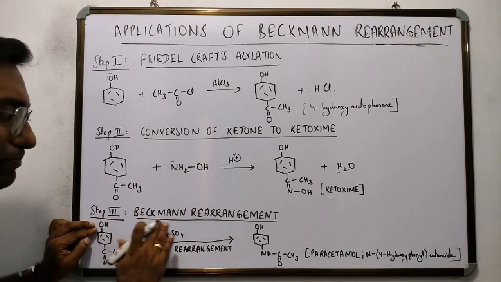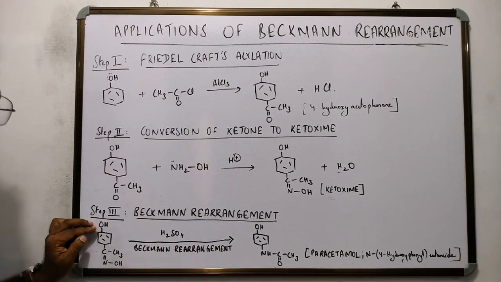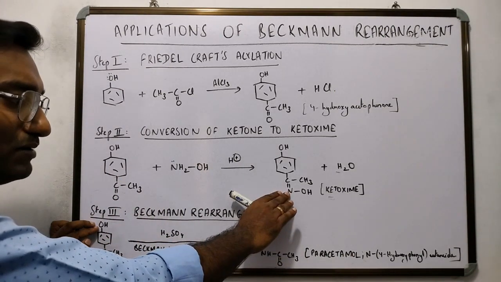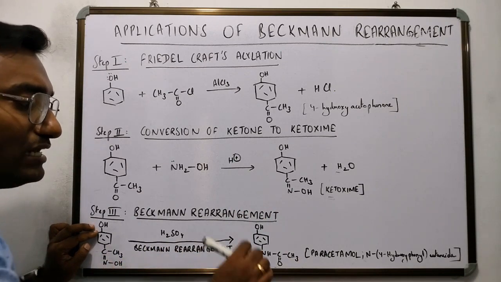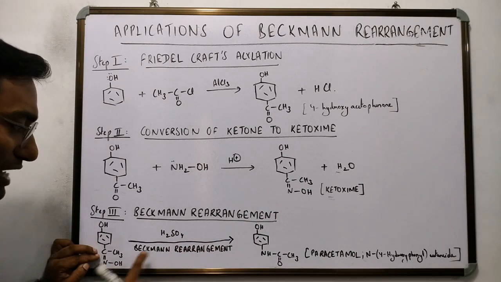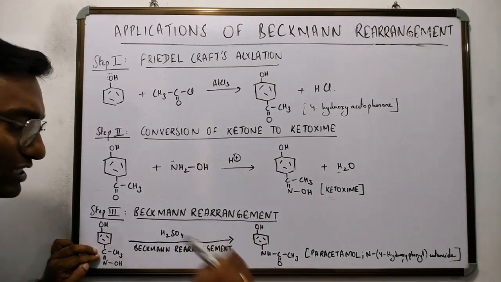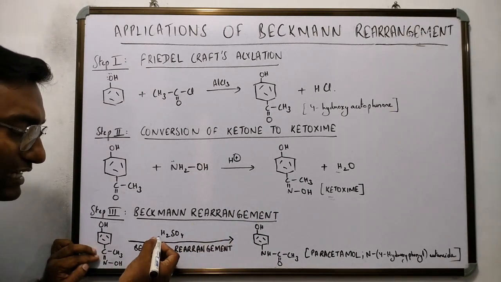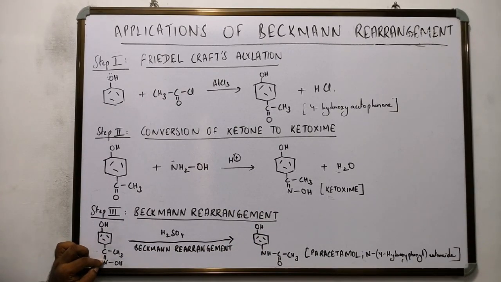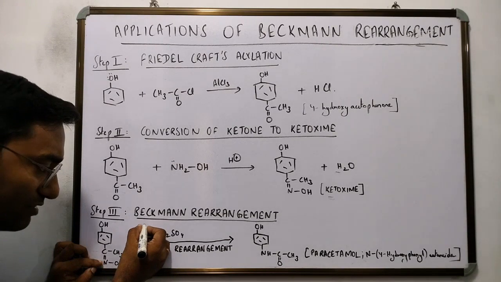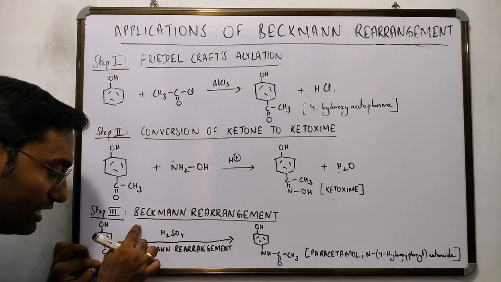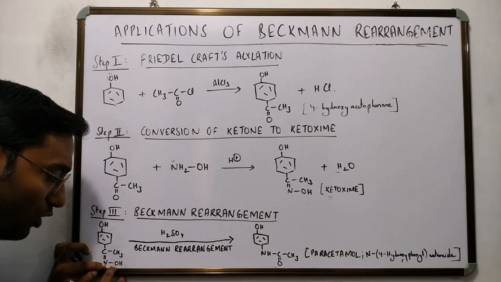Step number 3 is the Beckmann rearrangement. This is where the Beckmann rearrangement actually takes place. The ketoxime is converted into an N-substituted amide. And to convert the ketoxime into an N-substituted amide, you just need to treat it with concentrated H2SO4. There are 3 key events in the reaction. The first event is that the H+ that dissociates from H2SO4 goes and protonates the oxygen of